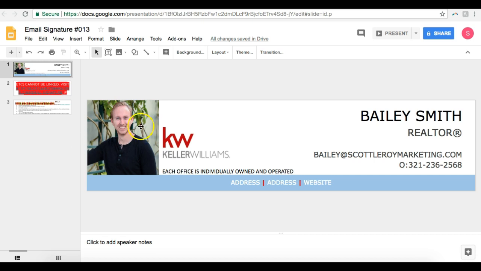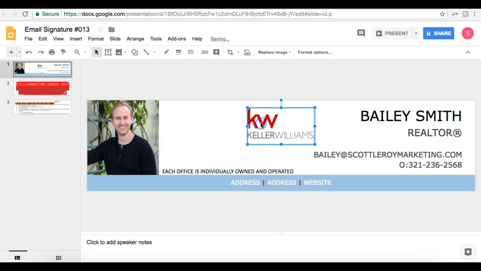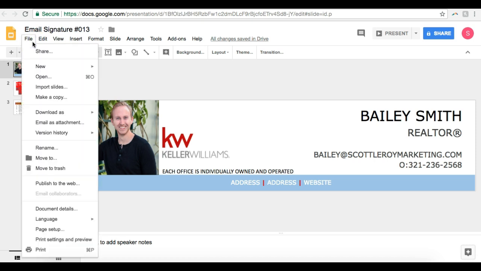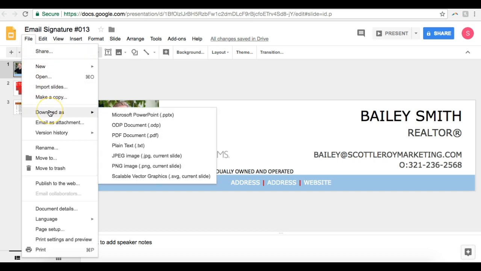But once you've moved everything around on here, you've changed out the photos, changed the logos, make this look exactly how you want it to. You can go up and click File again. And we're going to go to Download As. And rather than choosing JPEG, we're actually going to choose PDF. So that should be